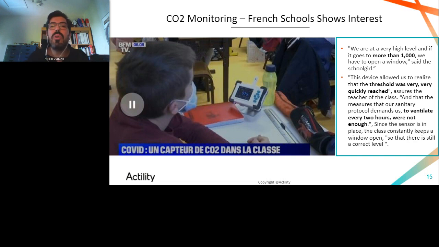That's an example on schools. We are in France here right now. They start to monitor the air quality in schools. By law, it's mandatory to open the windows within the school between every class, at least once per 2 hours. But we have the equivalent of this type of project in South America, in Argentina. So there are more and more demands to be able to use IoT and sensors to control the CO2 within the room.